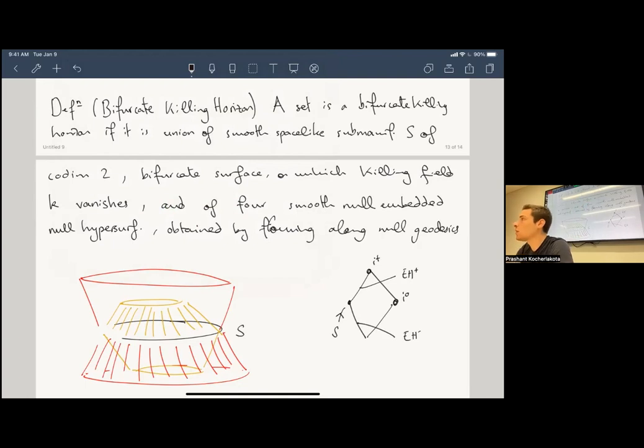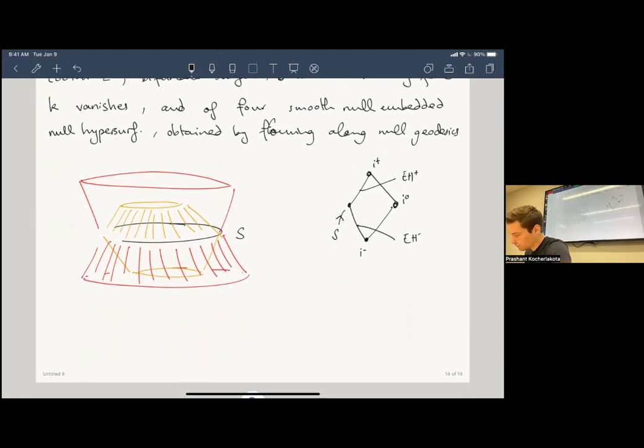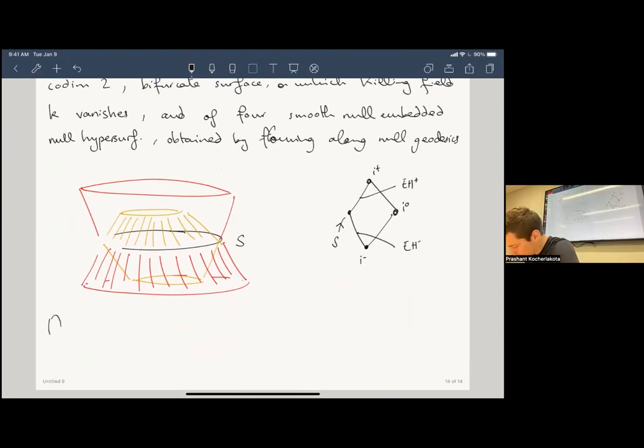The same picture holds in Schwarzschild. Then, this is important, given a Killing horizon, so a Killing horizon,